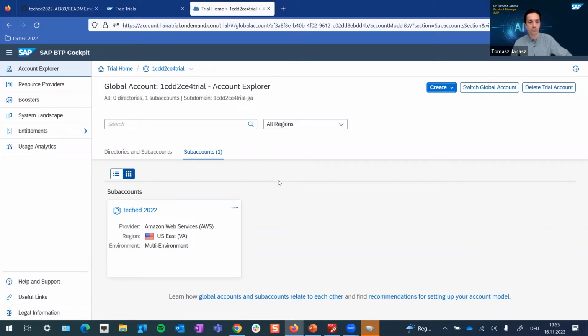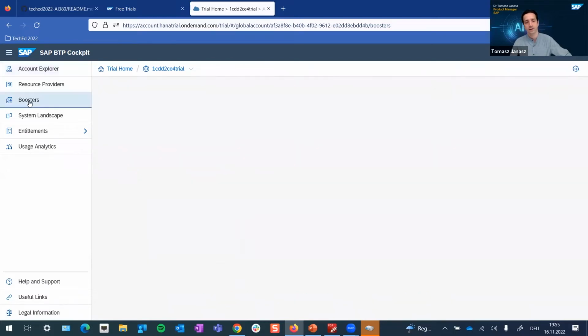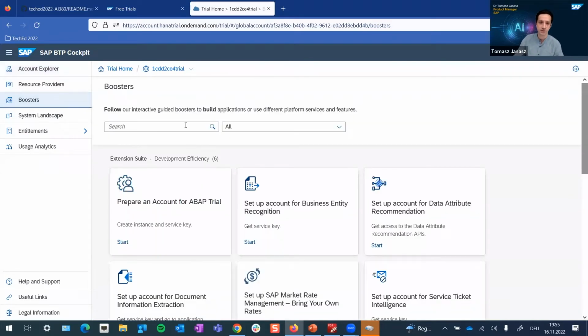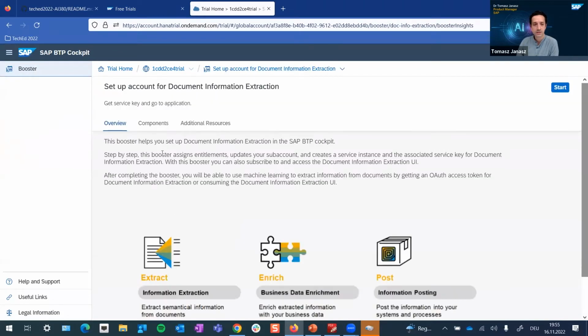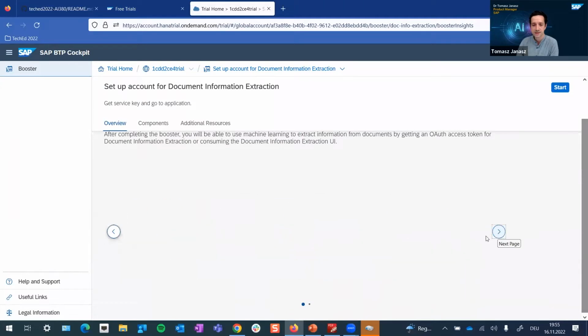What we provided for you for that is a booster. So we go here to the left side on this panel, and you'll find a set of boosters. You can quite easily search for document information extraction, and then you see there is this tile that helps set up an account for the service. So either you click here directly on start, or you click on the tile, and you'll see some additional information about the service, about the potential use cases, and